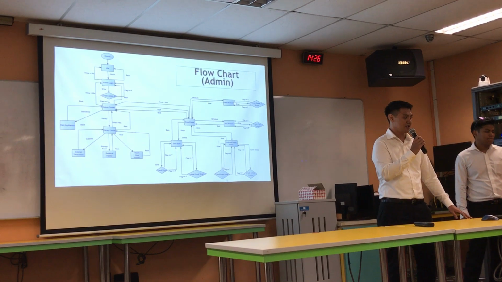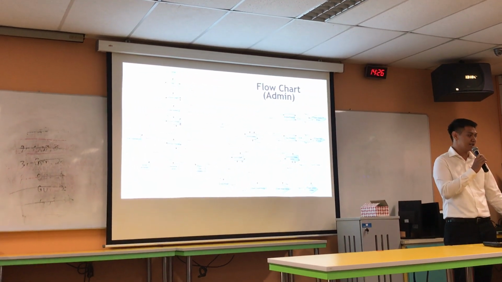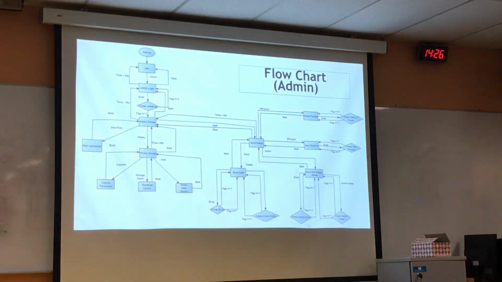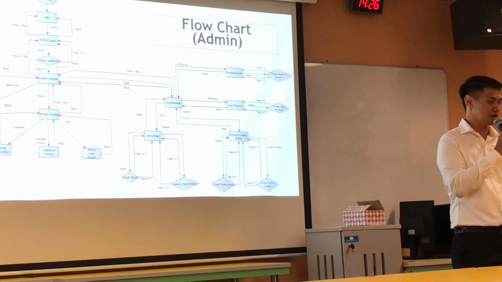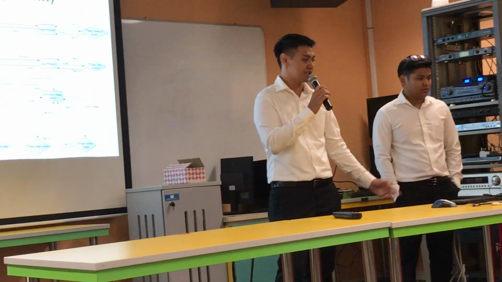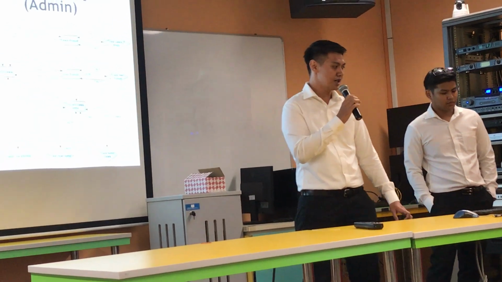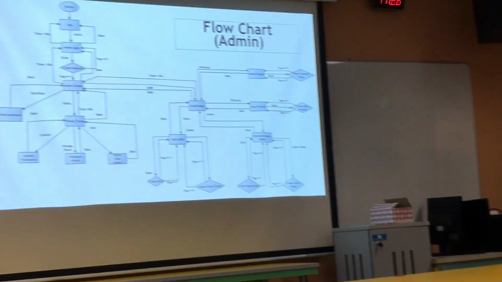So this is the flow chart for the admin part of my program. The admin also needs to log in. They will check the admin ID with the database. Once the admin ID is true, they will have an admin choice to start or stop the application of the cabinet, to see the history transactions from the cabinet or the storage loop, and to enroll new staff or new product, or to delete staff or to delete product.